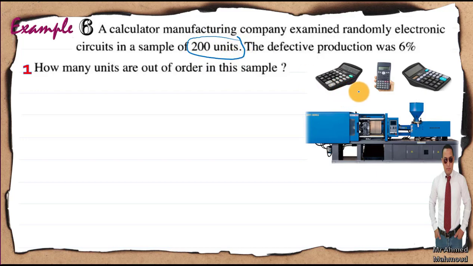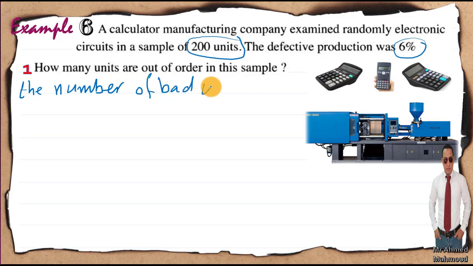Okay, the defective or the bad units was 6%. So the number of out of order means the defective units or bad units. Okay, the number of bad units,